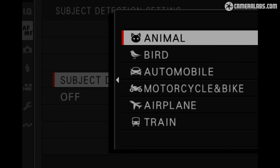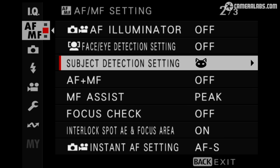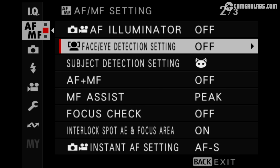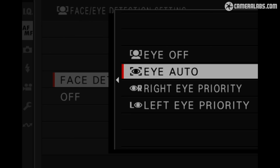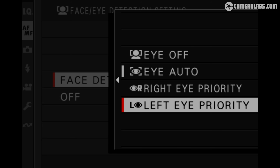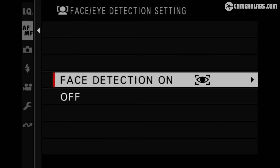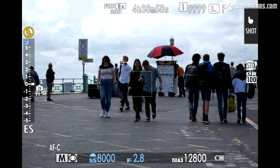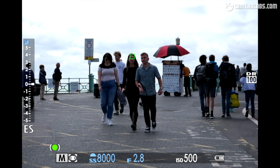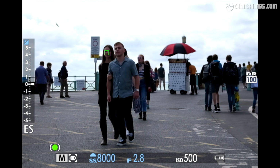There's also of course human face and eye detection enabled from a separate menu option, which will override any previously selected subject from that other menu. This to me feels a little bit like the new subject menu has just been bolted on, as human should surely simply be added as an option to the single subject detection list. But it's not a big complaint, so here's the view from the X-H2S with face and eye detection enabled,